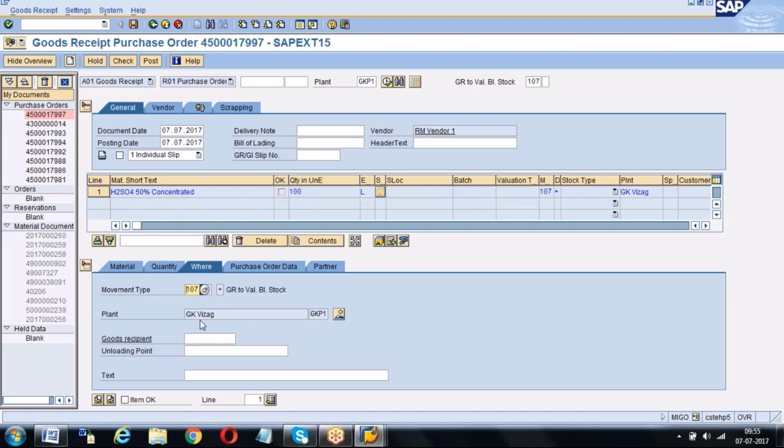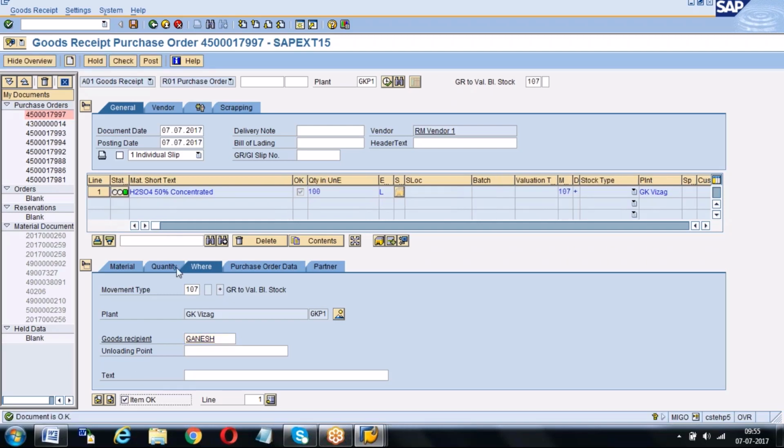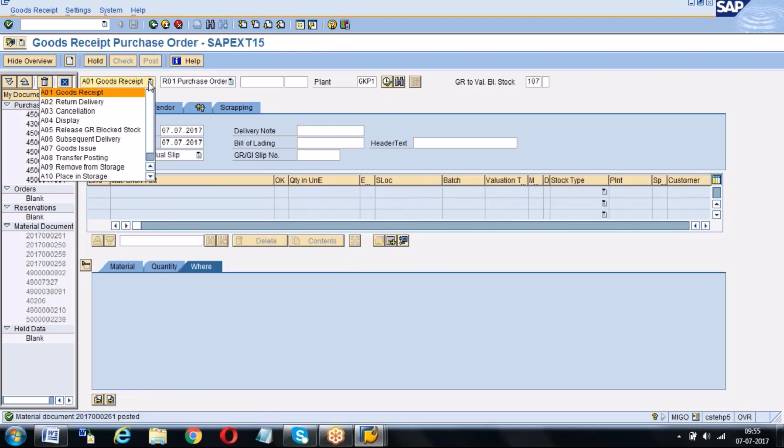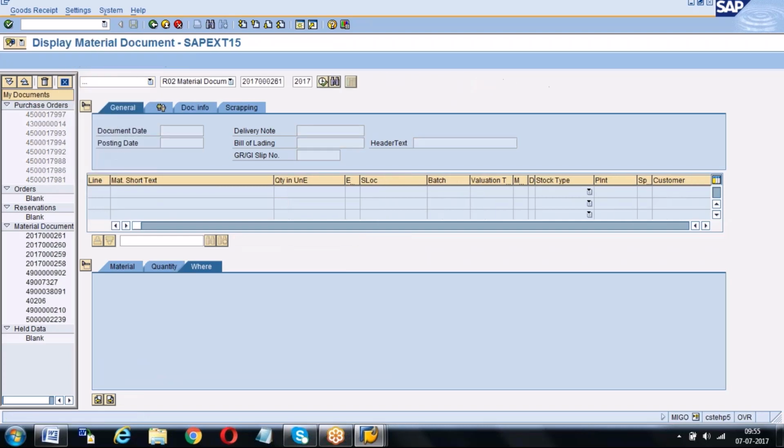See, when you do 107, the system is not asking for any storage location, even for 103 also, because you are not keeping it in your warehouse, right? This is not in your stock. Document is okay. Now you are posting. Now display document.